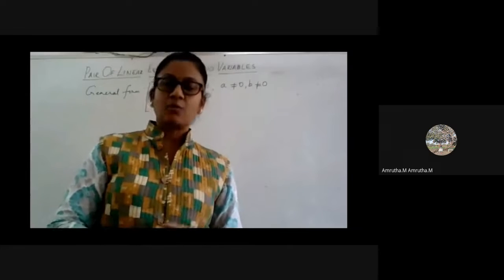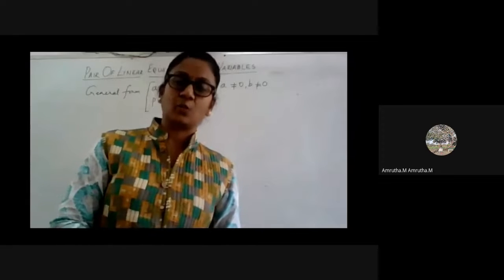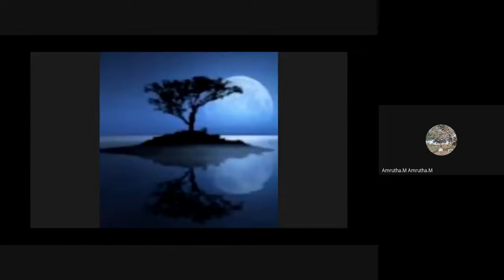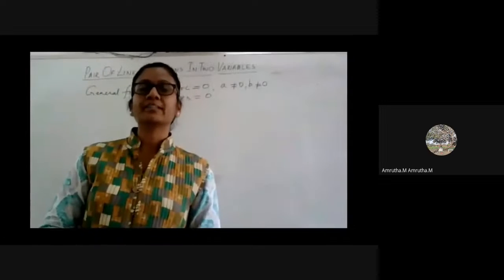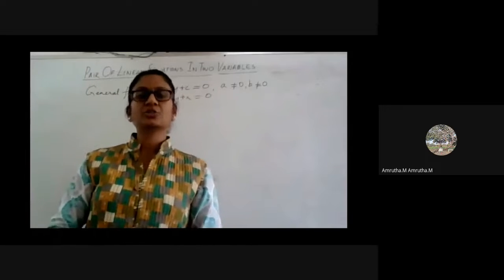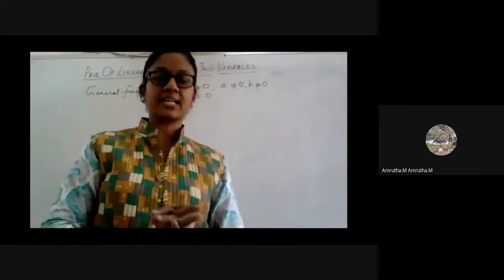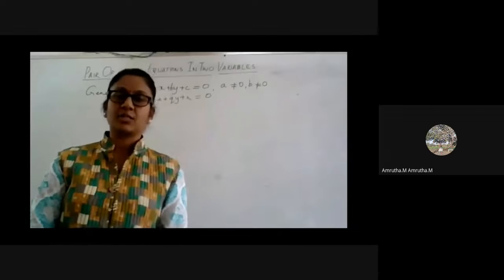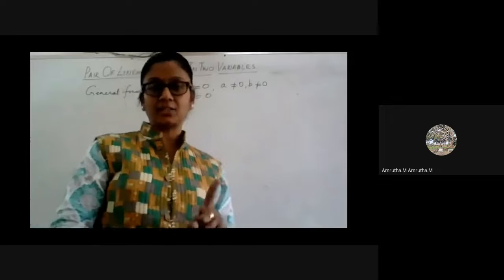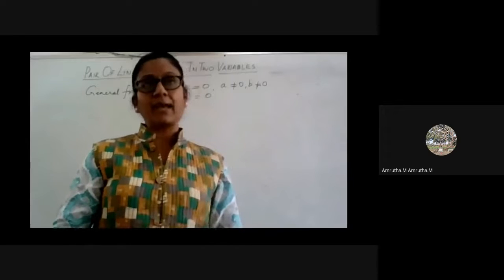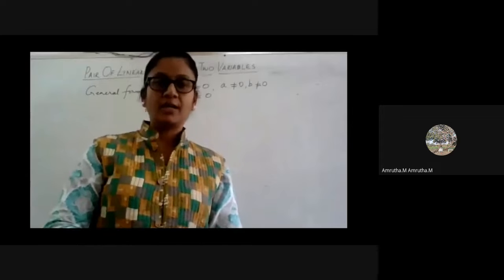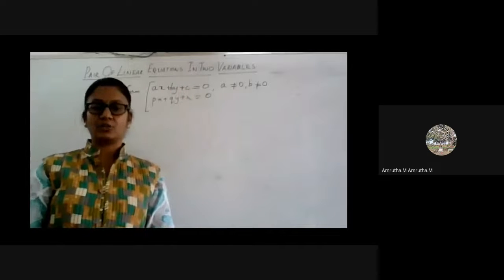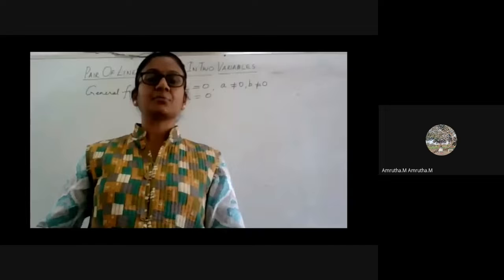In such a case, what kind of solution will you get? Infinite, because all the points on the straight line are solutions for both the equations. Such a graph, with coincident lines, will have infinite solutions. So if it is intersecting lines, there is a unique solution, only one solution. If there are parallel lines, there are no solutions at all. And if they are coincident or overlapping lines, then they will have infinite solutions. These are conditions which we will take up later.